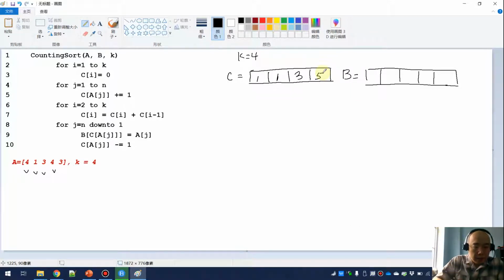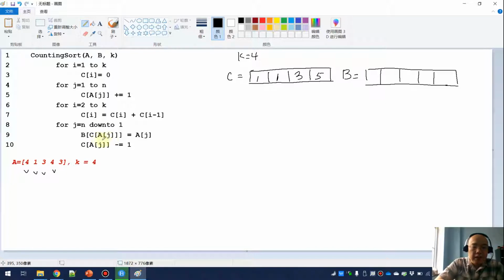Okay, and then we are going to do for j from n down to 1. So we are going down instead of going up in this case. So j equals n, and then remember n is 5. So we are gonna start with n as 5, and in this case we are finally touching the B. What is B, by the way? B is the final sorted list, right? So in this case we are touching the B. So we are gonna start from the j. So j will be 5, and then